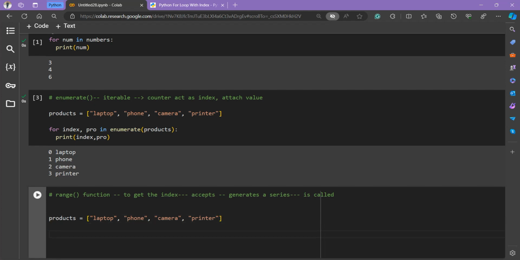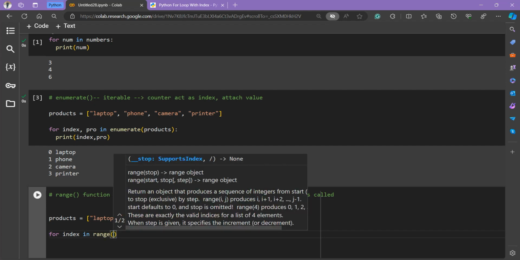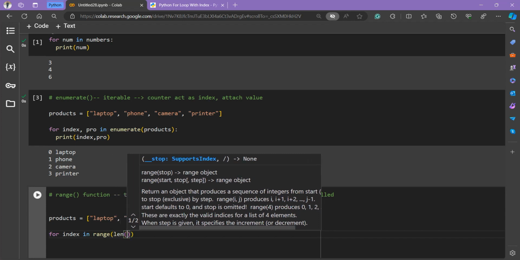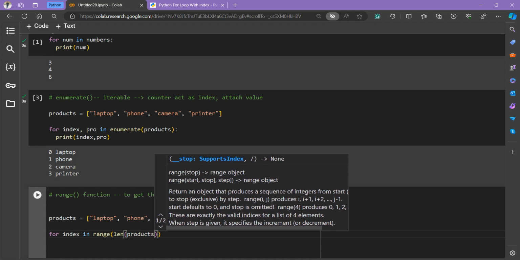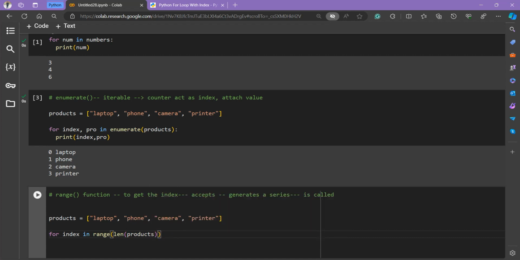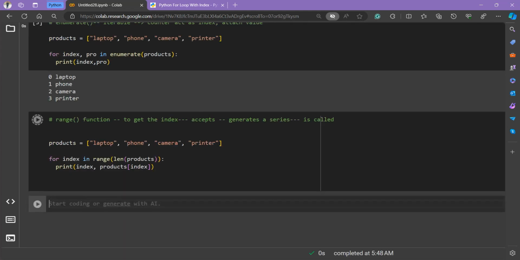So let's again take an example. Here this list of products, and then run for index in range, and to provide the integer value, here we are going to provide the length of the list. For that you can pass the length of the list using the len function, and then print index and then products index. So let's execute this code,